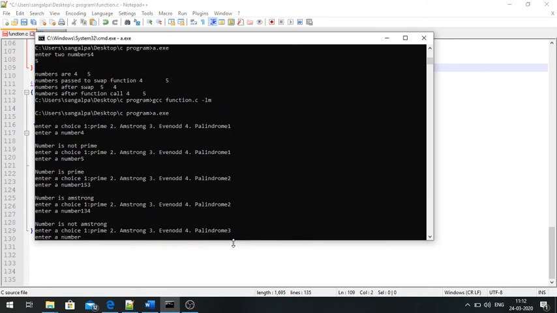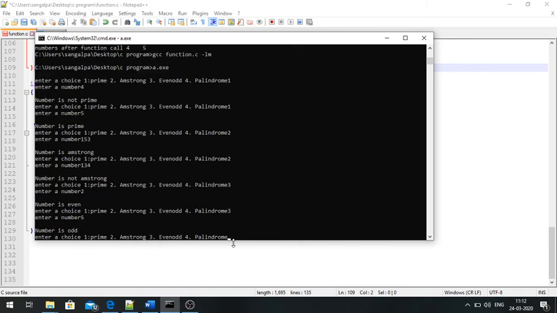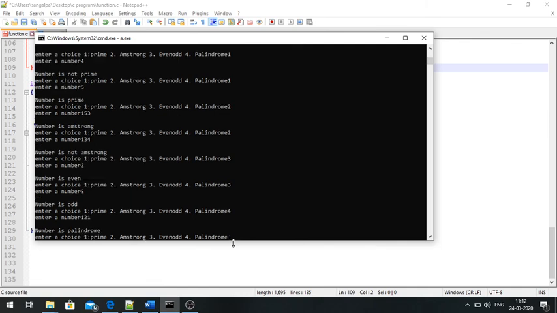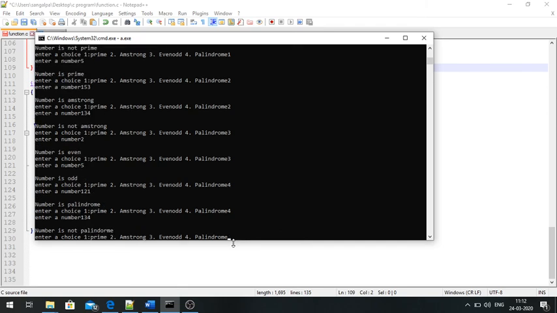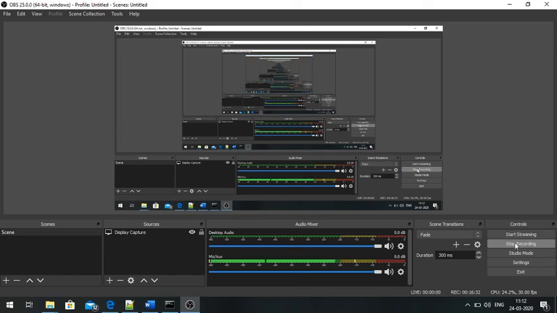Third option, even or odd. 2 is an even number. Then 3, 5 is an odd number. Fourth option, I'm giving it 121. 121 is a palindrome number. Another number, 134 in the fourth option: it's not a palindrome. So that's the program. I hope all of you